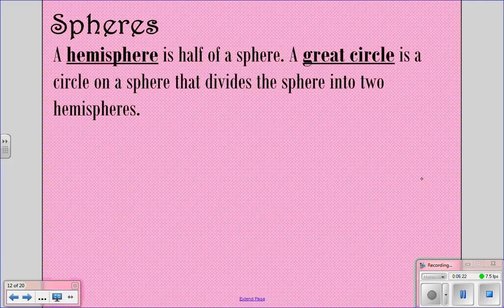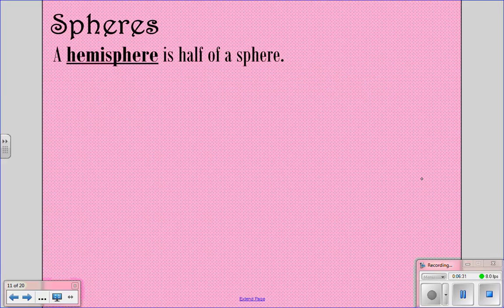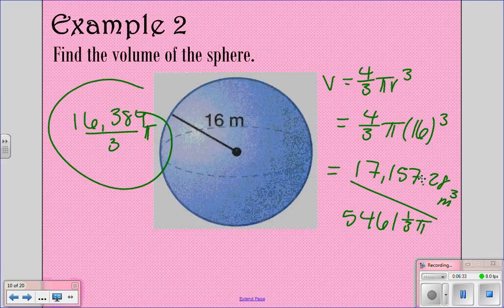A great circle is a circle on a sphere that divides the sphere into two hemispheres. So whenever you have your sphere, I'm going to go back here. Do you see the dotted line that they've drawn around here? That would be your great circle, and if we cut it along the great circle, it's going to cut your